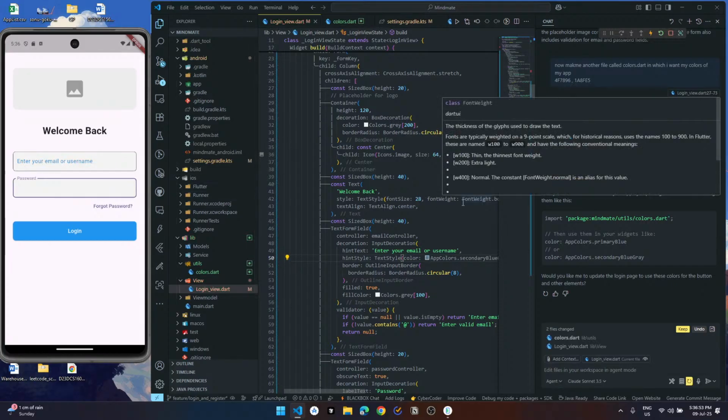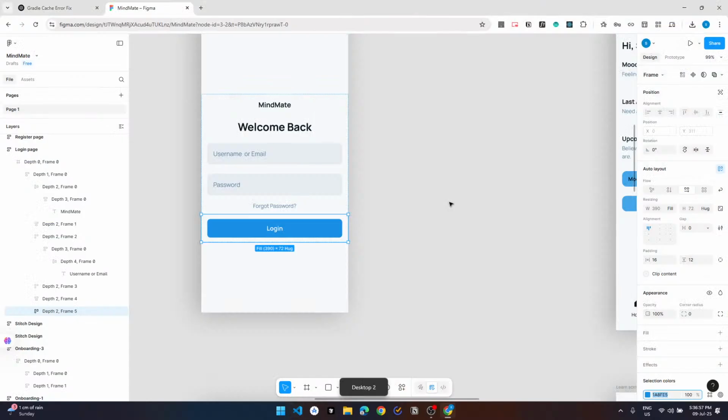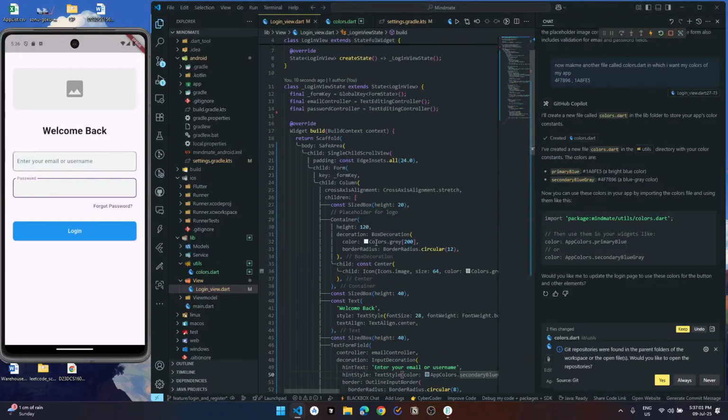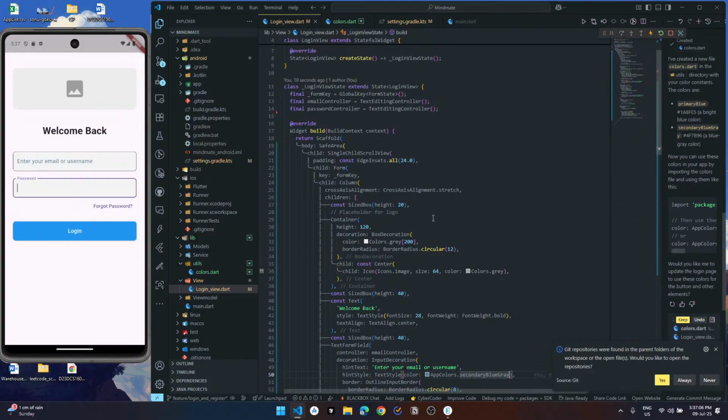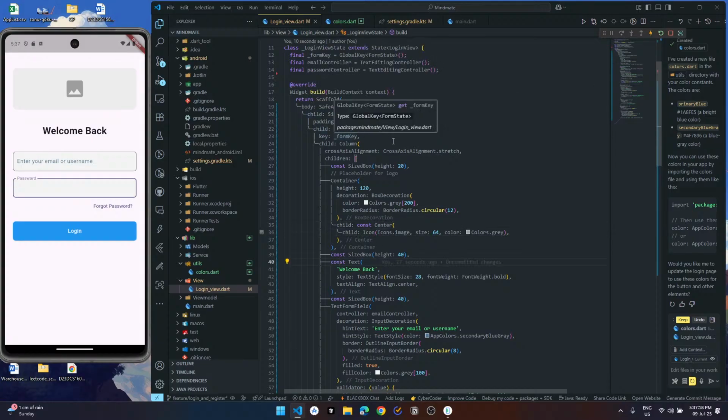And we want background of white only. Inside that container, child in center we have this and we have form, so we don't need gray, right?